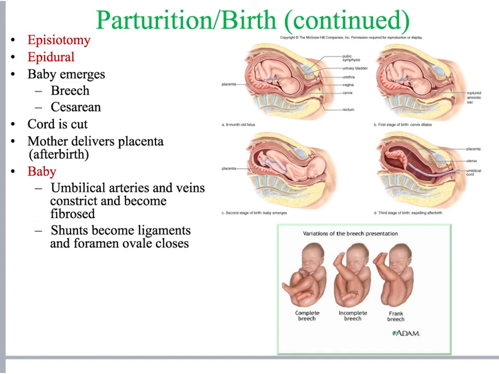As the baby emerges, sometimes it's not always head first. Sometimes it's butt or legs first; we call that breech. There's also a condition, especially in cases where the placenta is in a bad position, or there's a breech position of the baby, where a cesarean section is necessary. This is where the infant is removed surgically, cutting through a woman's abdominal wall and her uterus itself.